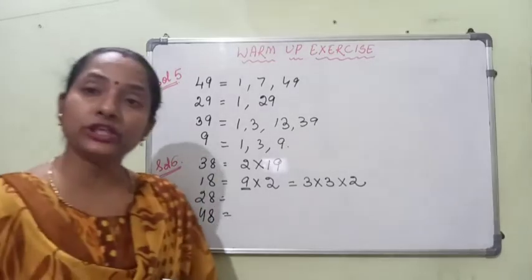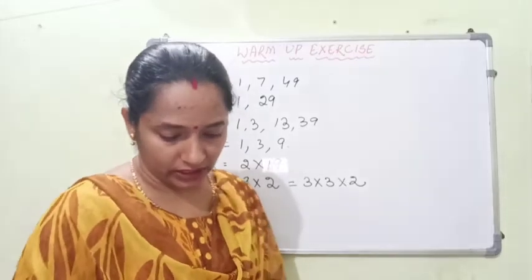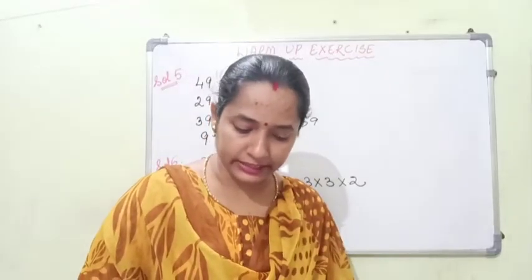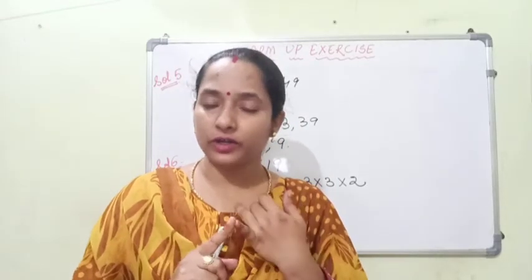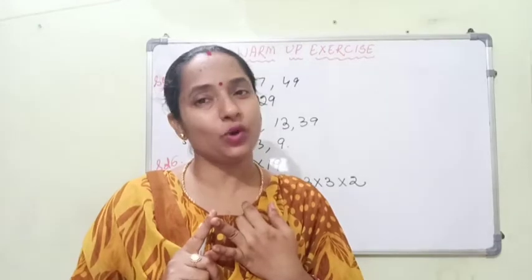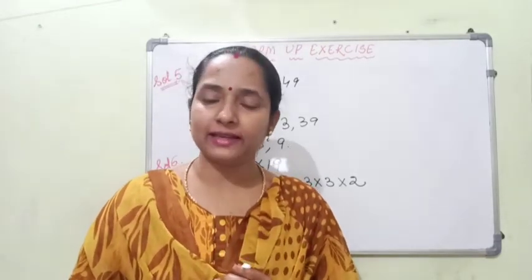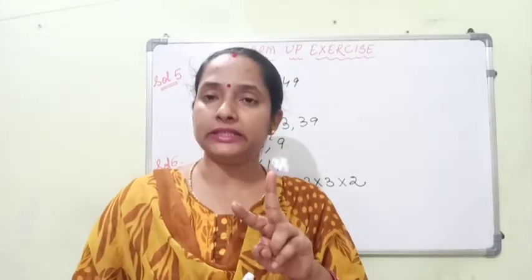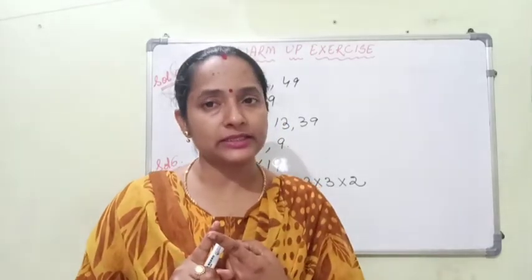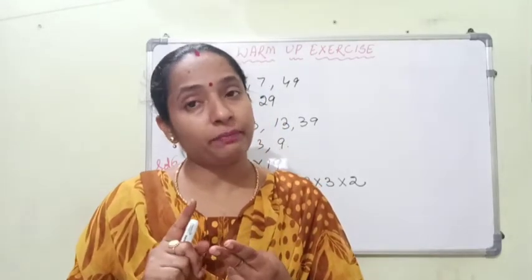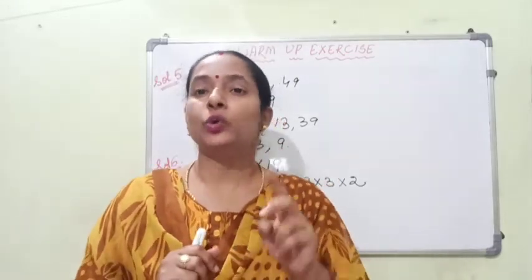The next question we have is question number 8, where you are asked to locate and write 3 pairs of twin prime numbers. See children, we have learned what prime numbers are, even what co-prime numbers are, but we didn't go for twin prime numbers. Twin prime numbers are nothing but a pair of numbers. Pair means how many? 2. The pair of prime numbers whose difference